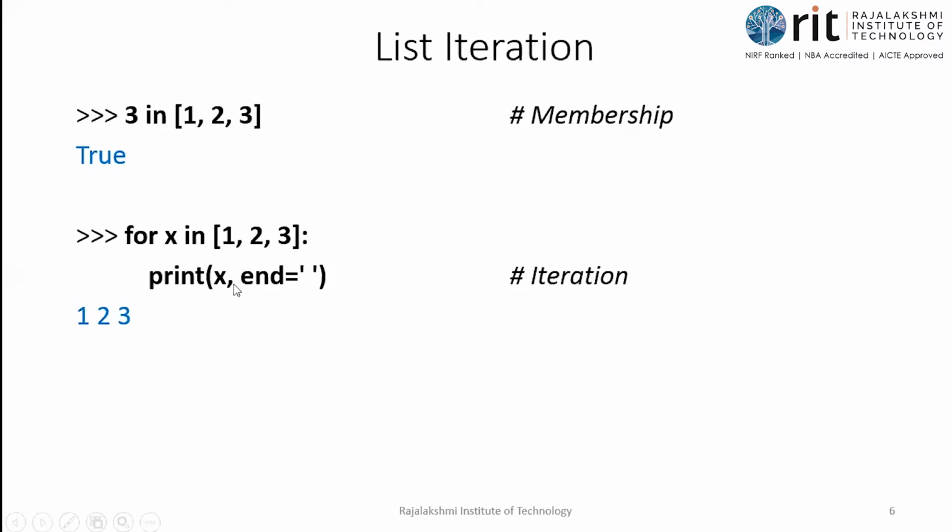Okay, print x comma end is equal to, I have put one space here. Okay, within quotes there is a white space. So if you have this kind of a thing, first iteration, x takes the value 1, isn't it? First value. So get into the for loop. Print x. So x is without quotes, so it refers to the value of x. What is the value of x now? 1. 1 gets printed.